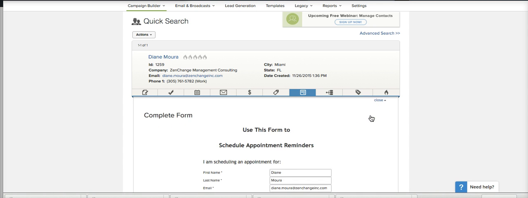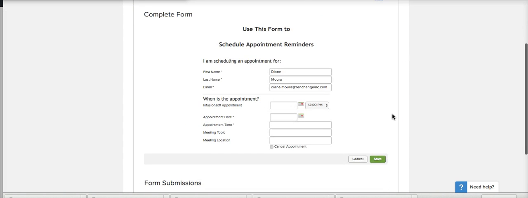I'm going to fill out the form. And see, that looks exactly like the form that I had created in the campaign. So it will automatically pre-populate whatever information it already has. So because I've pulled this up within my contact record, it's showing my contact information. In the case of using the Infusionsoft calendar, as I mentioned, this particular field, Infusionsoft appointment, will be here, but